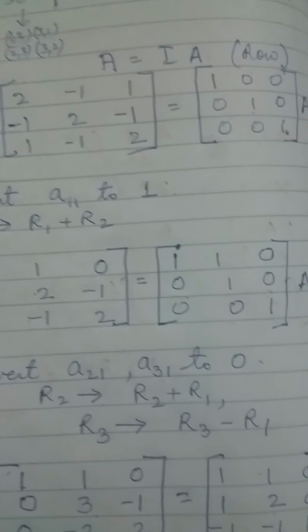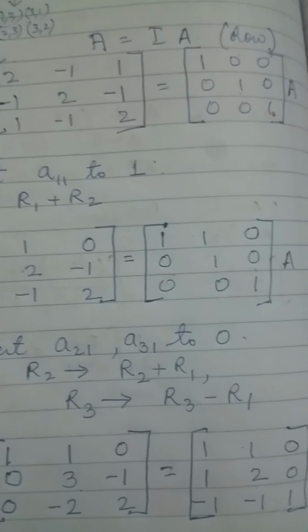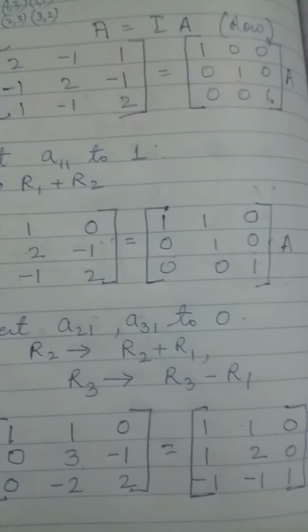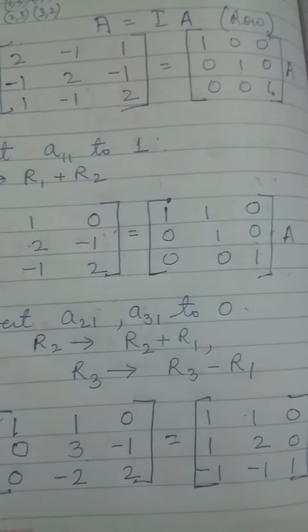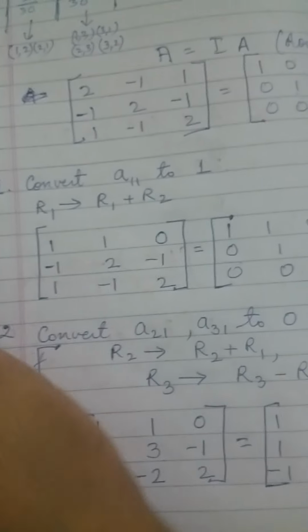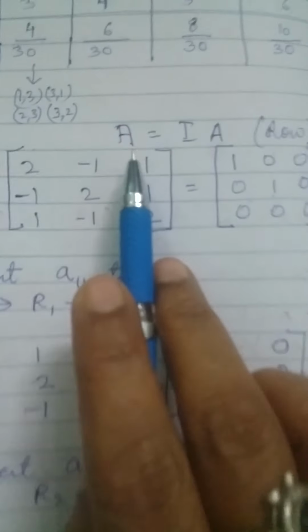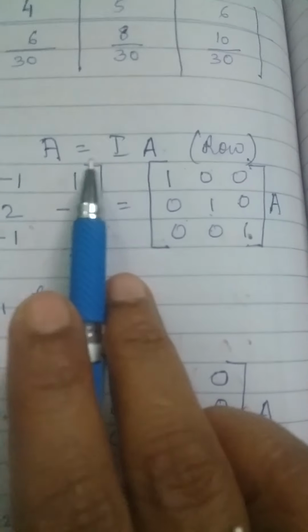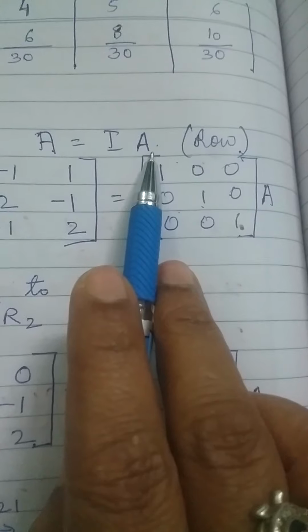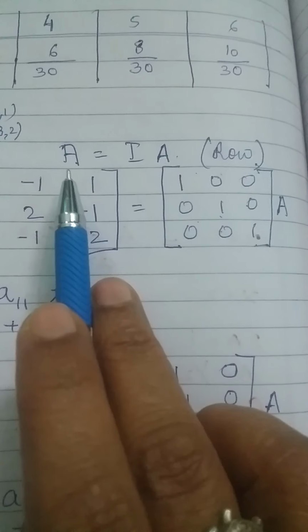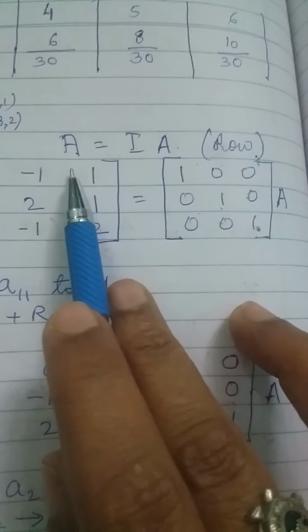Class 12 students, today we are going to discuss elementary row transformation on an example. As you know, for elementary row transformation, we use the format A is equal to IA. Since we are today dealing with the matrix of order 3, we will write matrix A of order 3, we will write I of order 3, and then this A will always be a constant. But this pattern follows in row transformation.